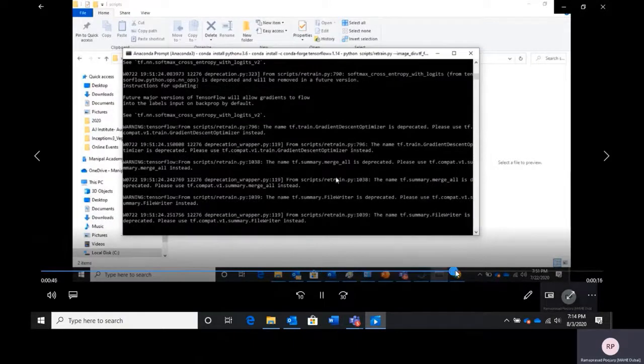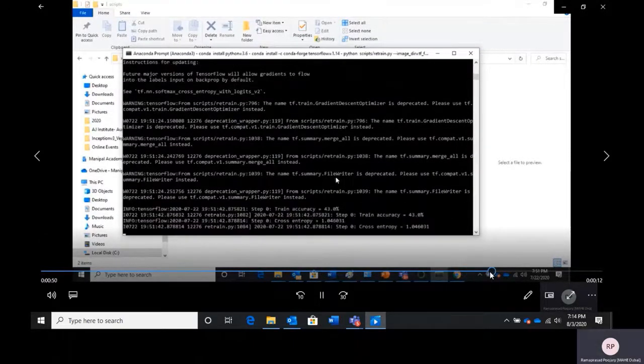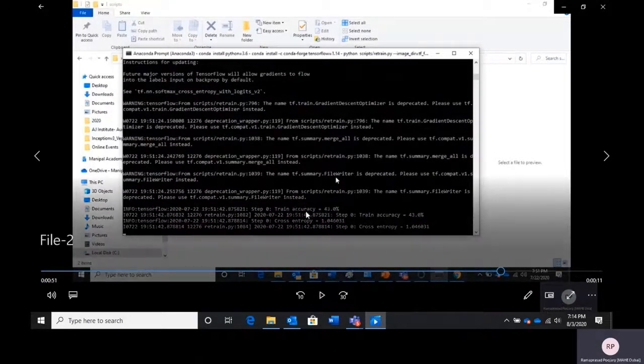If you observe here, the actual training started here, and in the beginning, the training accuracy is very low. It's around 43%. And during training, there is a loss function, which is cross entropy in this case, and it is 1.046.